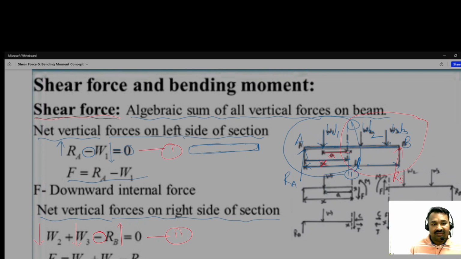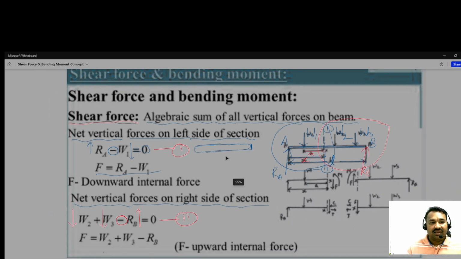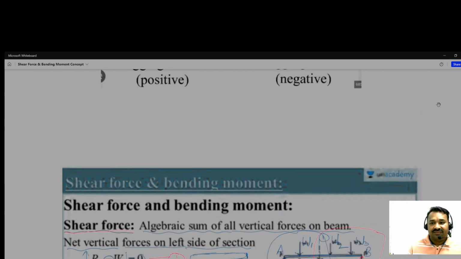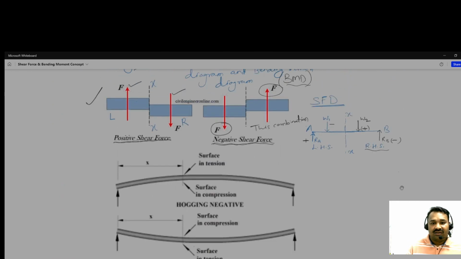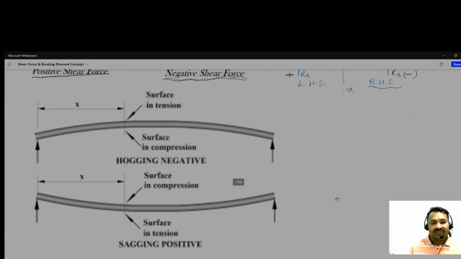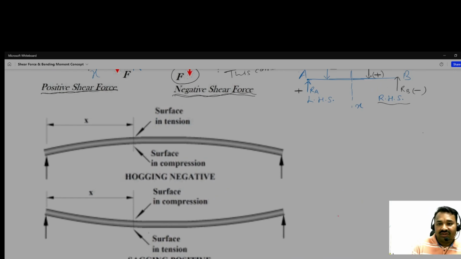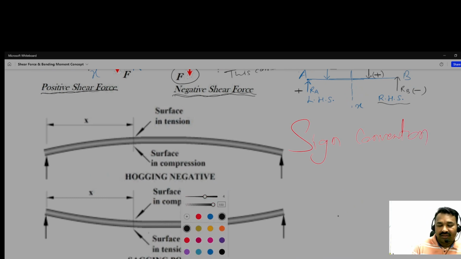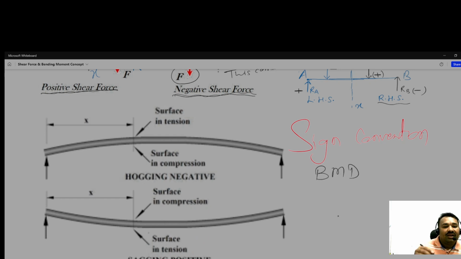So in this way, the sign convention for the shear force we got to know. Now what about the sign convention for the bending moment? So what about the sign convention for the bending moment, for the bending moment diagram? Okay, so here,